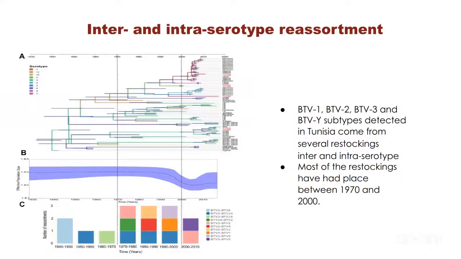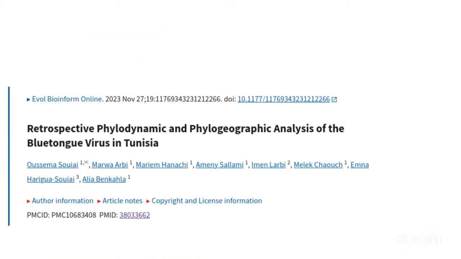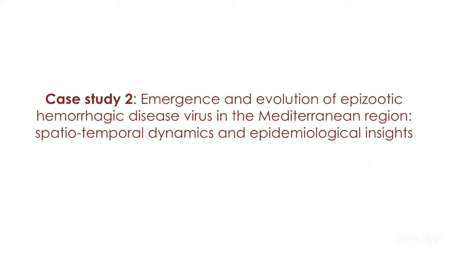So, regarding now the inter- and intra-serotype reassortment, we have revealed that the BTV 1, 2, 3, and 4 subtypes detected in Tunisia came from several restocking events, intra- and inter-serotype. And most of the restocking took place between 1970 and 2000. So this analysis was published 2 years ago with my colleagues, and now I will move to the second